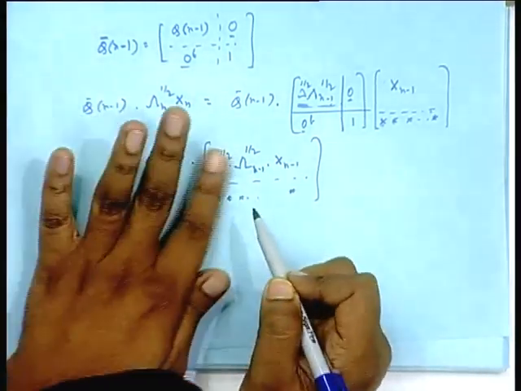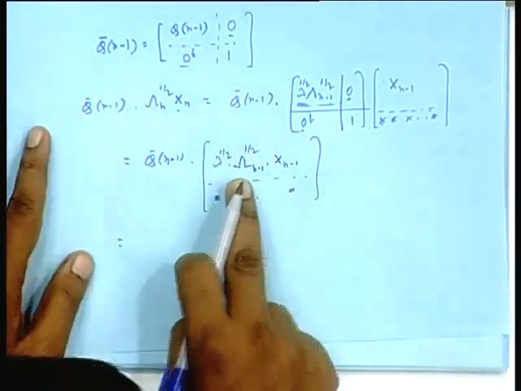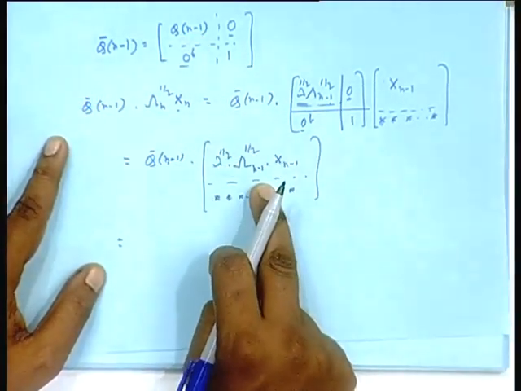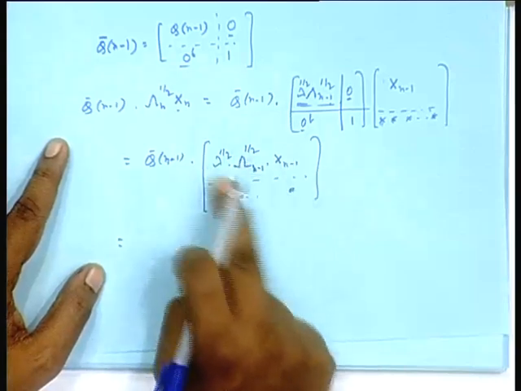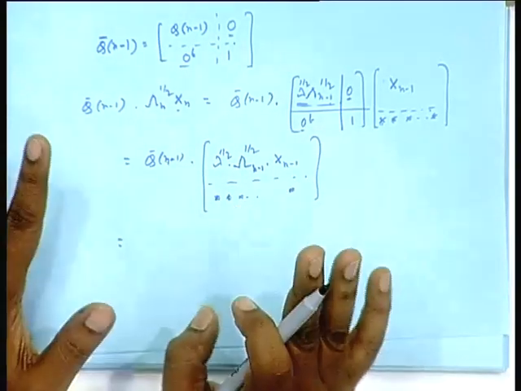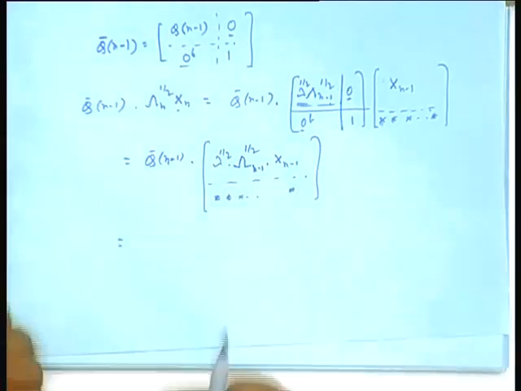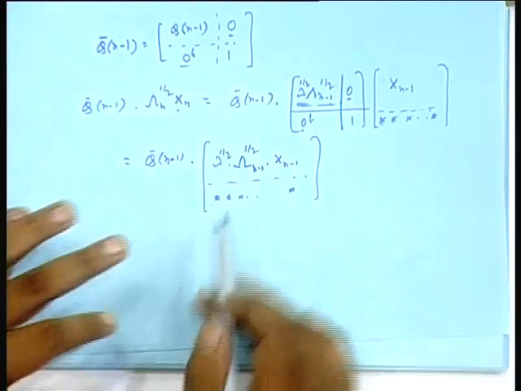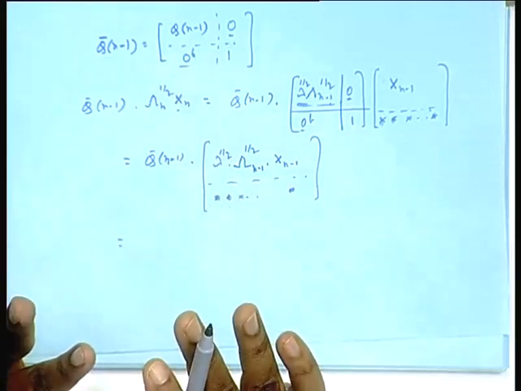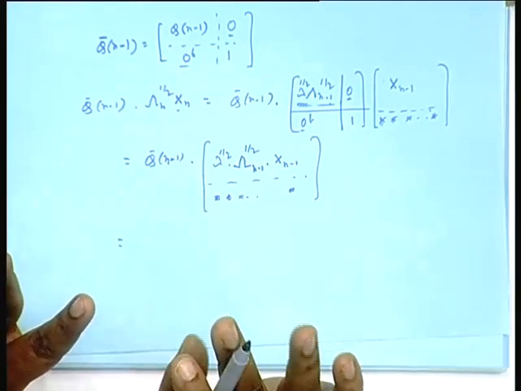this guy, this lambda to the power half you take out, is a constant. So, q n minus 1 worked on this, but what is q n minus 1? It is the one which was correct, which worked on this matrix, make it an upper triangular one and some zeros. Okay. The upper triangular part was m cross m in size, that is never changed.